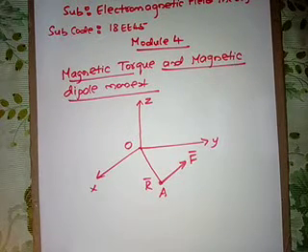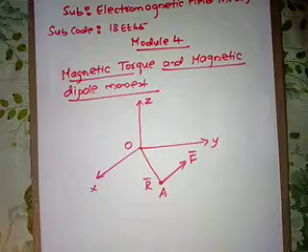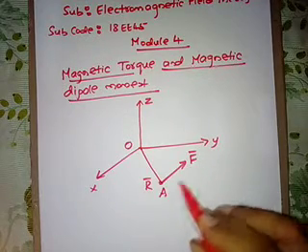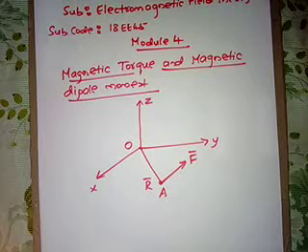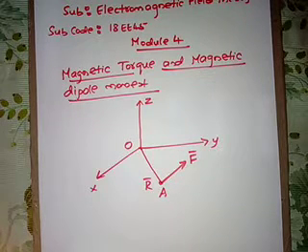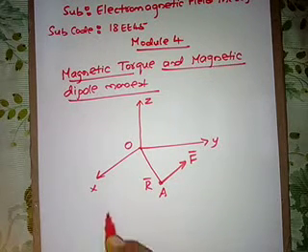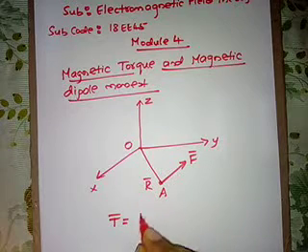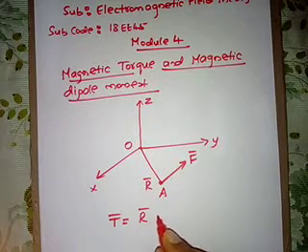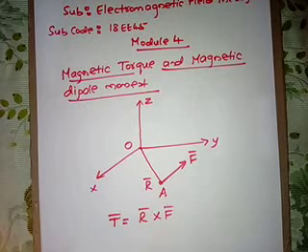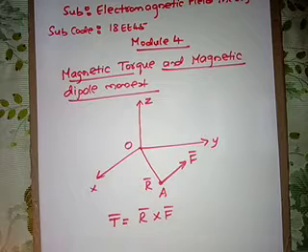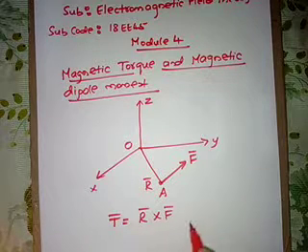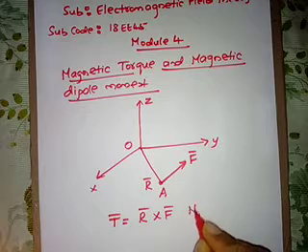The moment of a force F bar about a specified point is defined as the vector product of the moment arm r bar and the force F bar. So it is as good as saying the torque is nothing but the product of force into distance, and as it is force into distance, its unit is Newton meter.